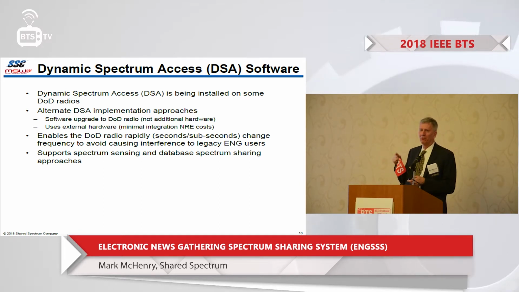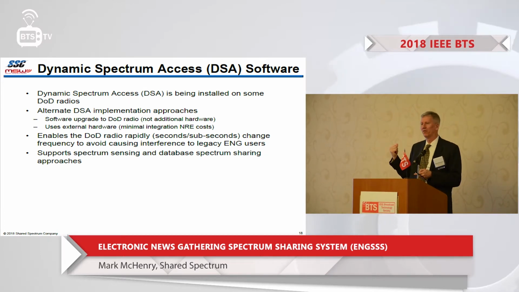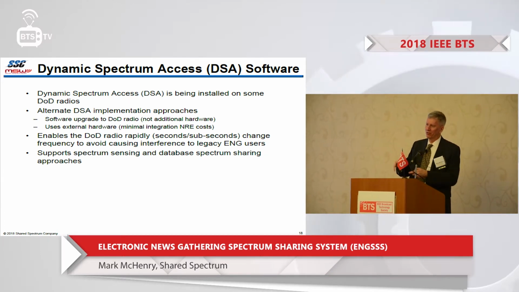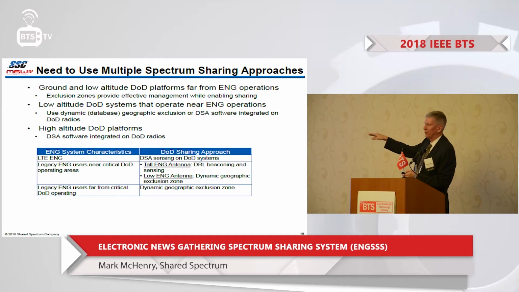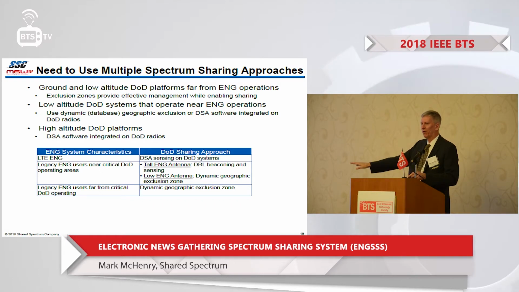And even if we would lose the argument on sensing, they're still putting it in the radios for the database. If you use a database approach and you give me some shape where I don't want you guys to fly because that's where my beam is pointing, they can load that shape into the DSA software and use a rule-based approach. So DoD is all set up to handle either sensing or database approach. So I think the answer is you're going to have to have a combination of these things. For the ground and low altitude DoD platforms, what you already have now, some analysis and a MOU where they operate, is fine. For some of the low altitude DoD systems, the database will work,